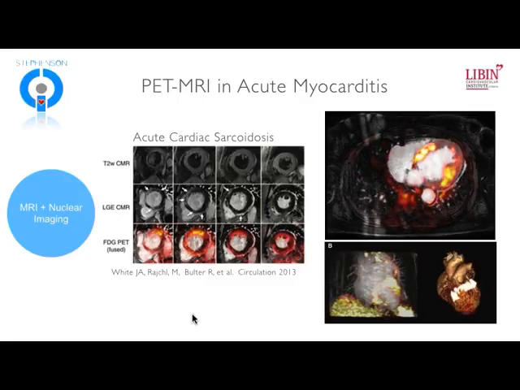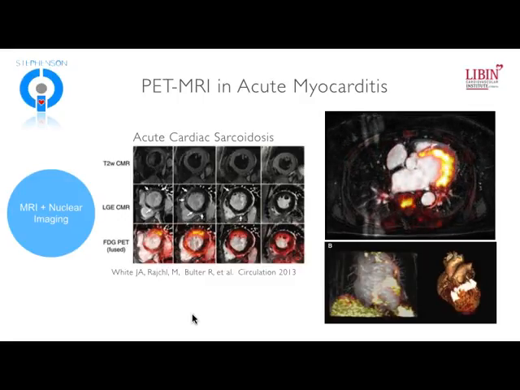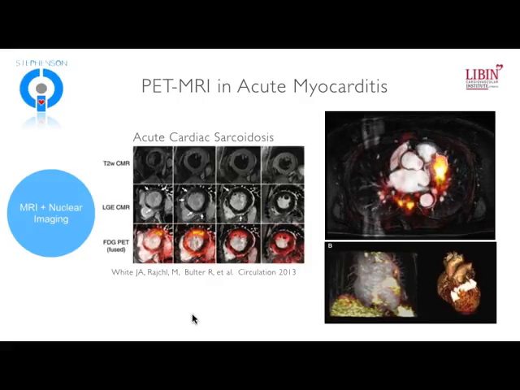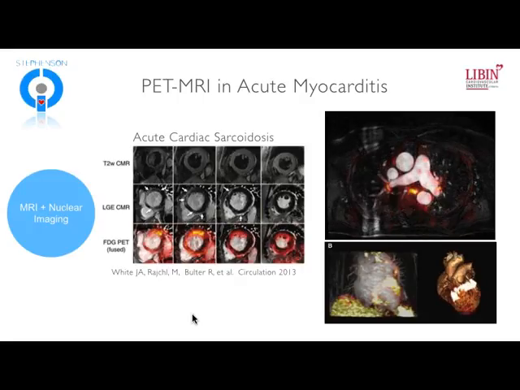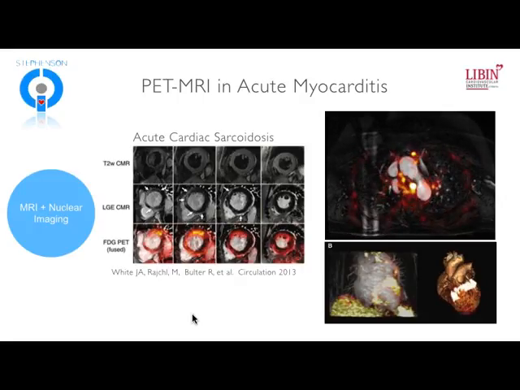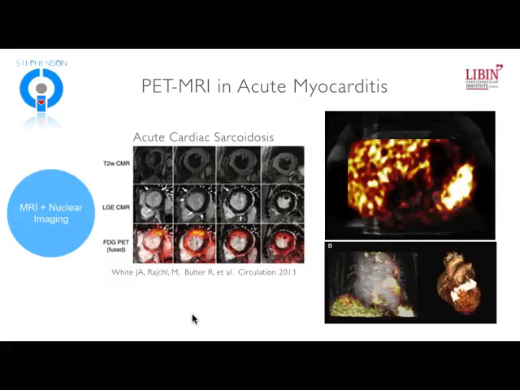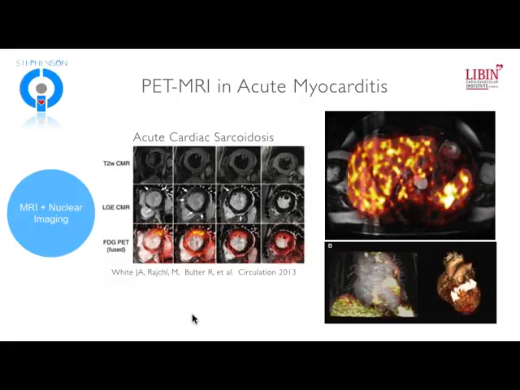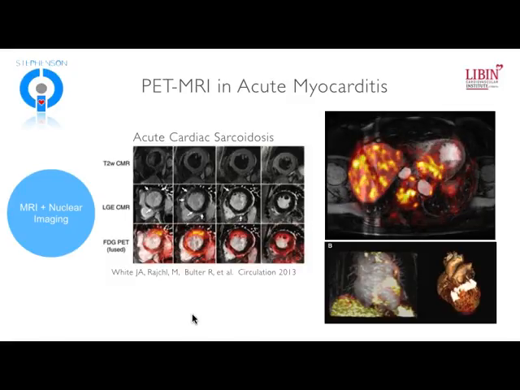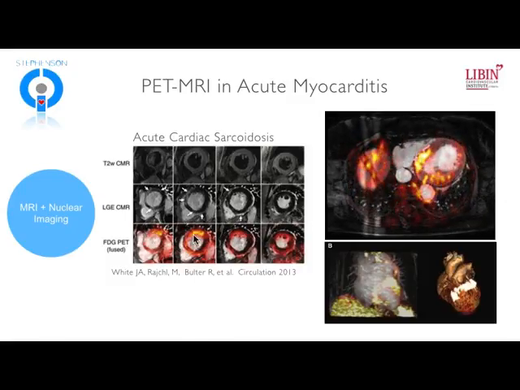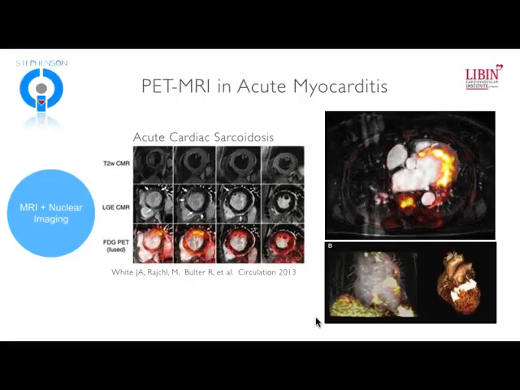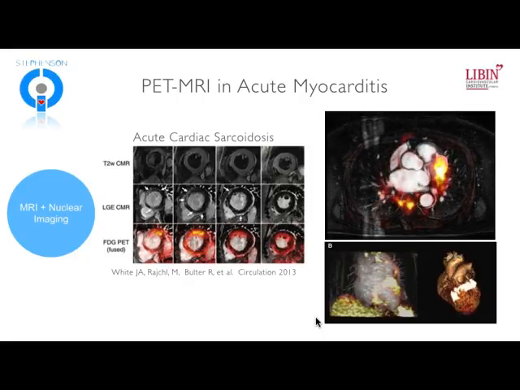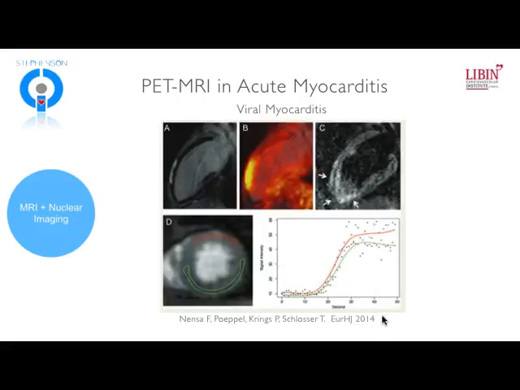And so after a period of about 12 hours of fasting, and then usually giving a lipid-heavy meal to the patient as well to further shift them into free fatty acid metabolism, we'll often also give a dose of heparin. Heparin also promotes suppression of glucose uptake into the myocardium. This leads to essentially a capacity to show signal only related to inflammatory cellular infiltrate, specifically macrophages. And so what you're seeing here is really a map of macrophage activation. And so this offers a really unique capacity to look at the metabolism of inflammatory myocardial disease.